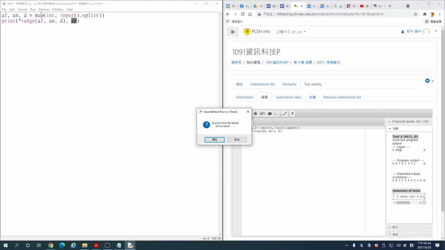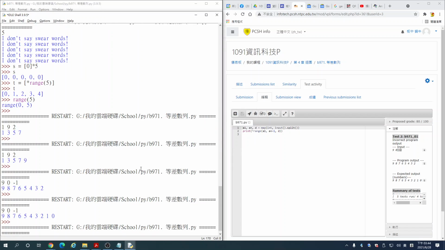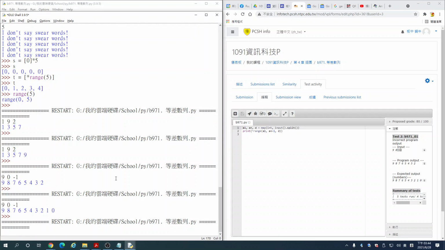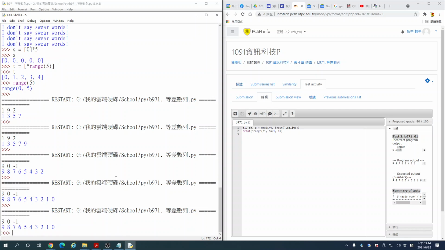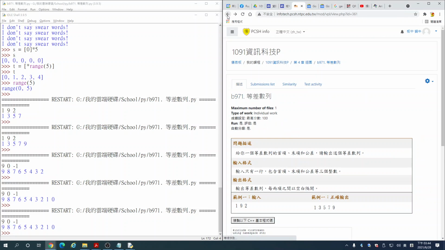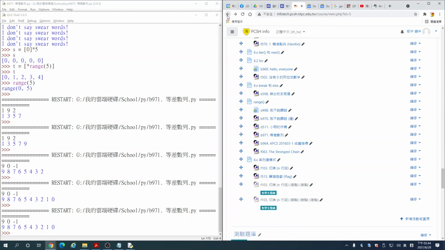So this is also a way of solving this problem. 9, 0, and -1: you will see 9, 8, 7, 6, 5, 4, 3, 2, 1, 0. All right. Any question for this problem? No. If not, then let's get to